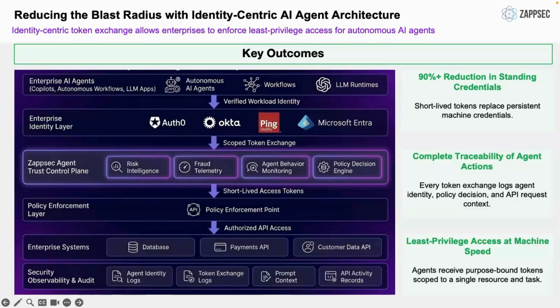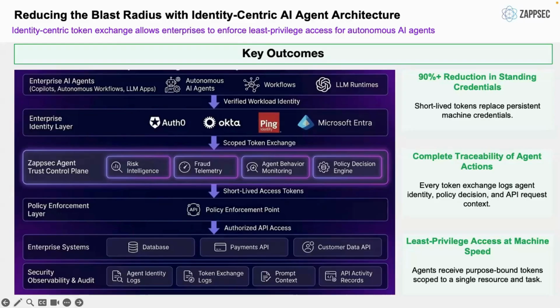scopes, and short lifetimes. So we can think of it like an airport gate pass system where the boarding pass gets you through security. And then at each gate, you receive a specific authorization for that flight, that seat, the departure. You don't get a master key to the terminal. So every API call is governed by a purpose-bound token that expires quickly and can't be reused for some different